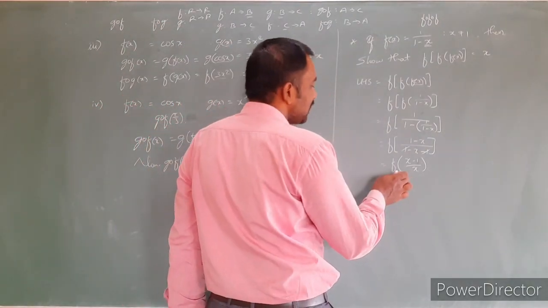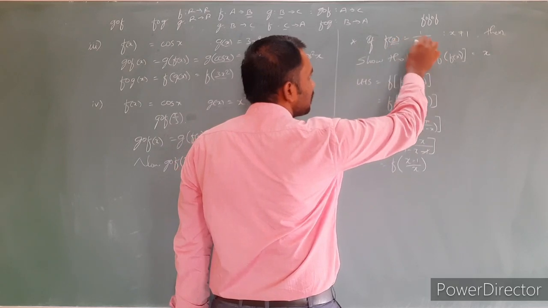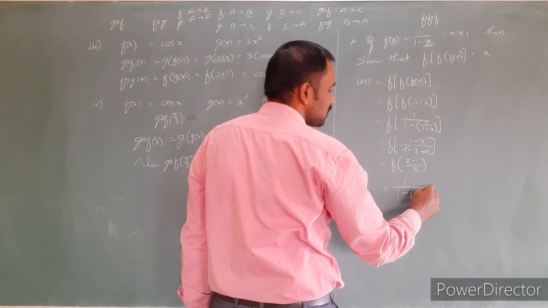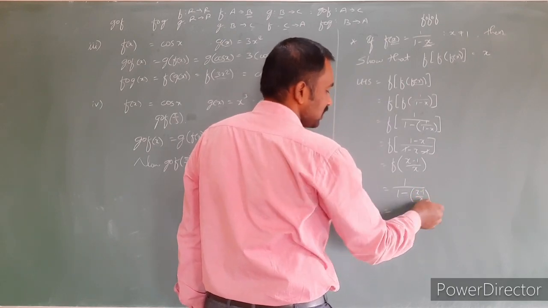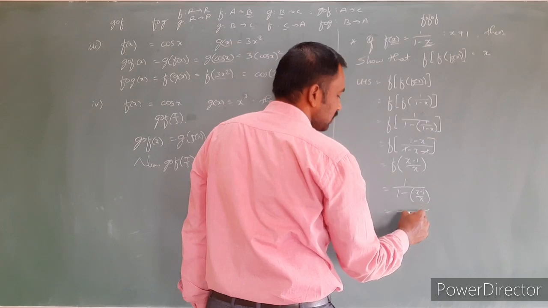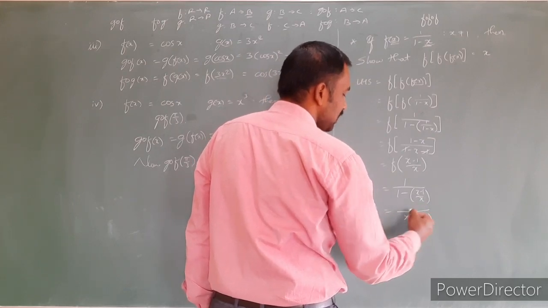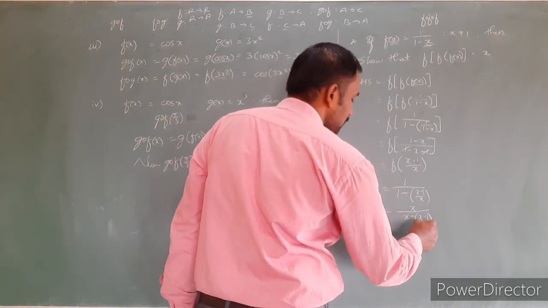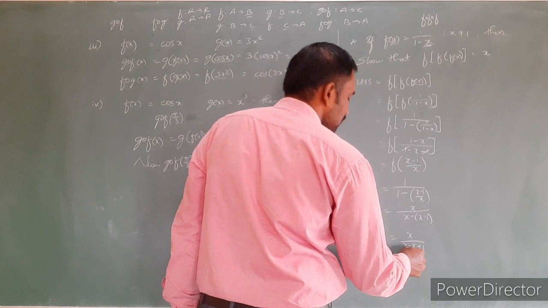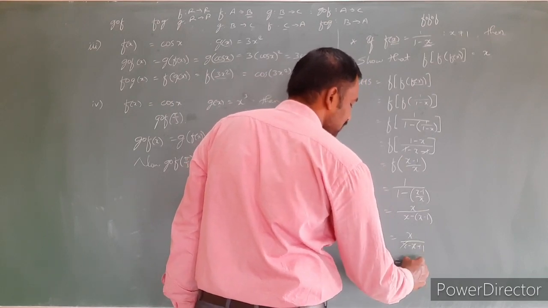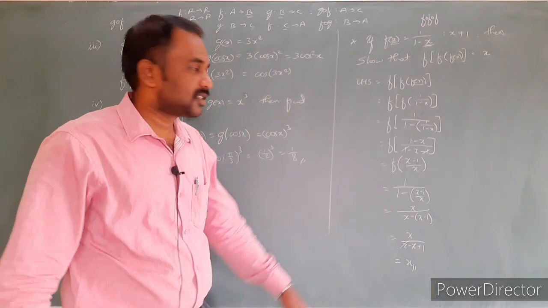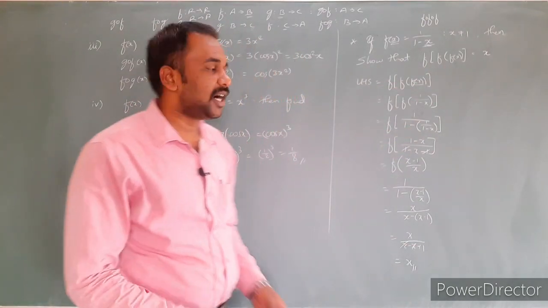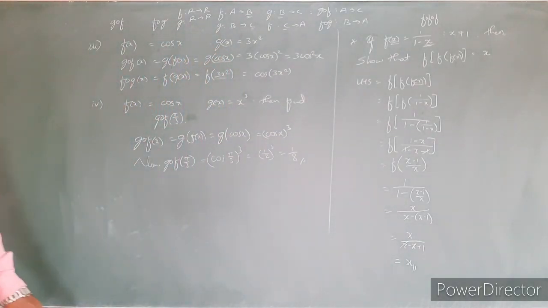And now again it is the f of x form. Wherever x is there, replace the value x minus 1 by x: 1 divided by 1 minus, x minus 1 divided by x. Yes, again the LCM. So x is the LCM, minus x minus 1 taken to the numerator. What will we get? x divided by x minus x plus 1. Minus x and plus x get cancelled, x divided by 1, which becomes x. I got that LHS is equal to RHS. That's all. Very simple way we get the answer. This is how we have to prove such problems.